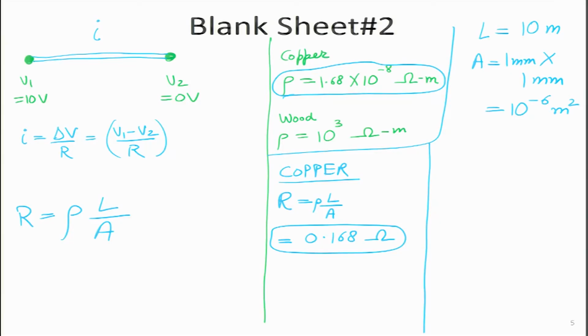Now, let us try and do a thought experiment, which in reality nobody would ever do, that let us see what happens if I replace this particular wire with the same dimension wire made of wood or rubber. The voltage I will keep the same. So, V1 would still remain 10 volt, V2 will remain 0 volt, and let me do a quick calculation over here that what would happen in the case of wood, because that resistivity value I already have over here.